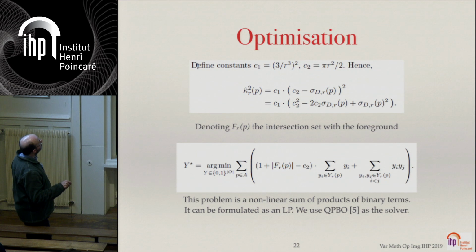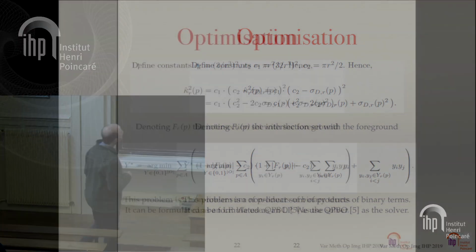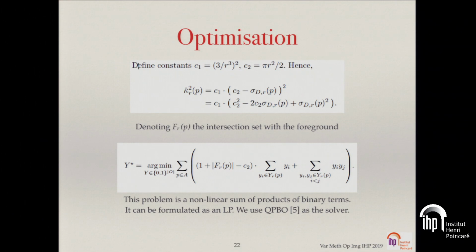And here, sorry, that's the intersection with the foreground. That's a variable in the regions that we consider. And in this expression here, we have quadratic elements only. Of course, so this problem is a nonlinear sum of binary terms. And it turns out that this expression here under this shape can be formulated as an LP, not an